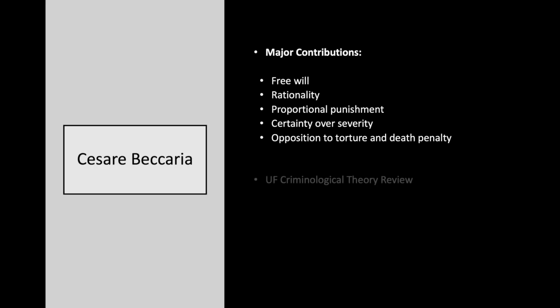Okay, now we're getting into Cesare Beccaria, who is one of the most important classical theorists for deterrence theory. Beccaria's central argument is that punishment should be designed to prevent crime, not simply to inflict suffering. He believed that humans are rational actors who weigh pleasure and pain. If punishment is certain, proportional, and swift, then people will be discouraged from committing crime. One of Beccaria's more famous ideas is that the certainty of punishment is more important than severity. This is absolutely central. Beccaria argued that harsh punishment is not necessarily effective. In fact, excessively severe punishment can be counterproductive. If punishments are too harsh, they may lose legitimacy.